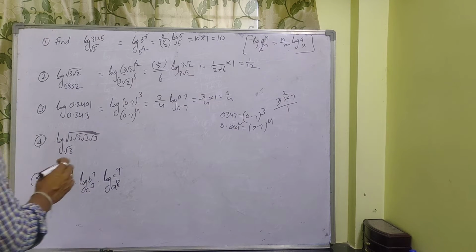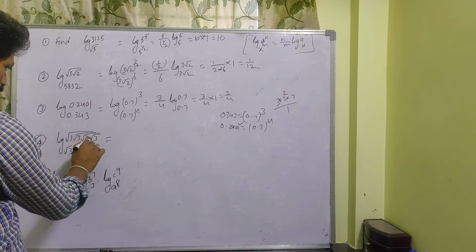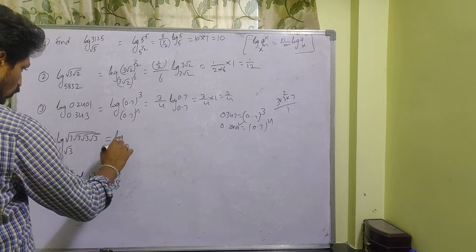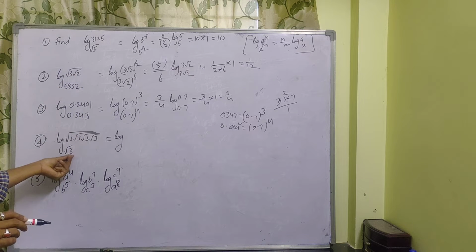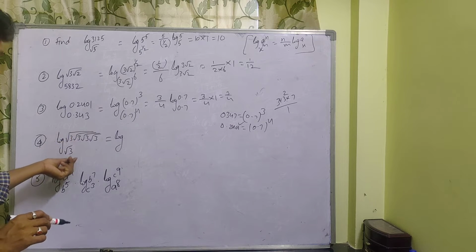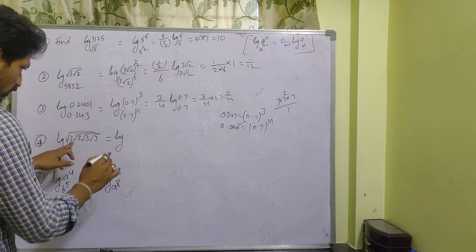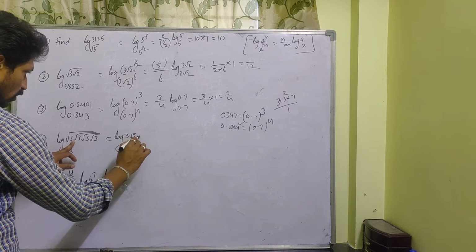Next question, see here. Root 3, root 3, root 3, root 3, like that we have. This one we can't write like this, because in the denominator, that means in the base, only root 3 is there. So maximum you try to write in terms of 3. This one, how can you write for this 3? 3 root 3.